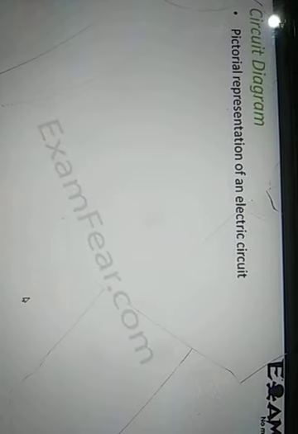Now, the pictorial representation of an electric circuit. It is understood by everyone because here we are using symbols which have a specific meaning. The second thing, it is more convenient. If I ask you to draw a real bulb, that is going to be more complex because not everybody is good at drawing. Even I am not. So it is drawn using conventional symbols of different circuit elements.